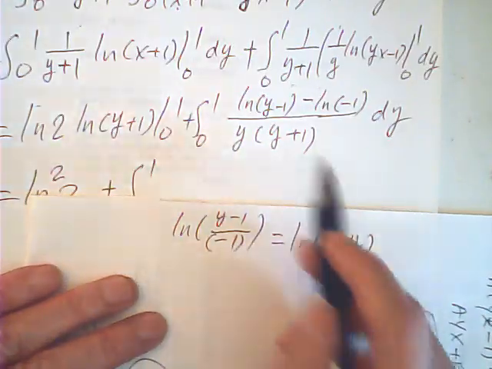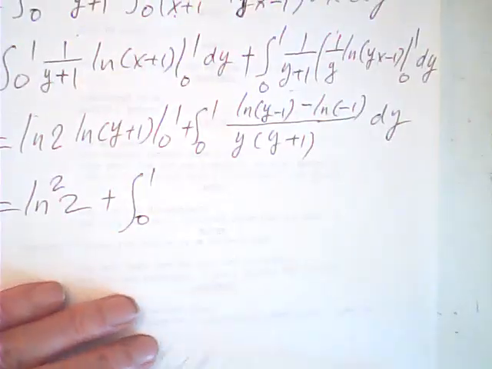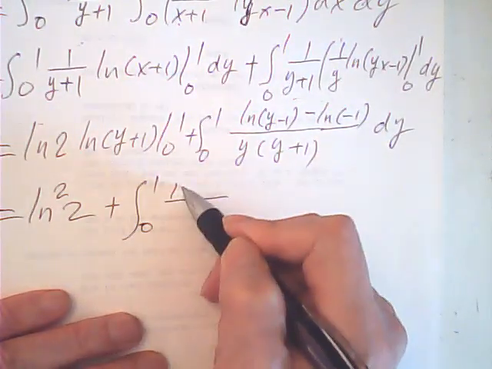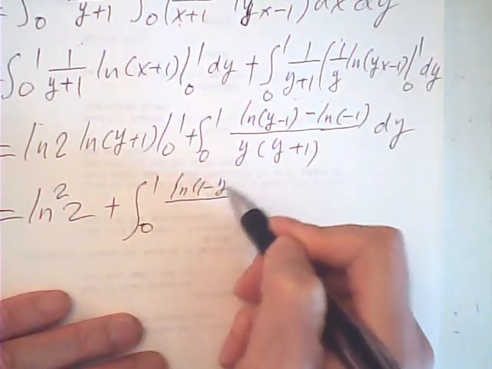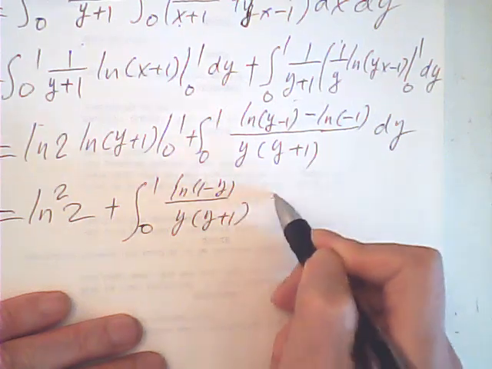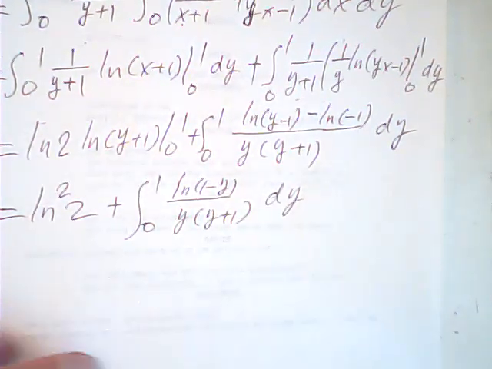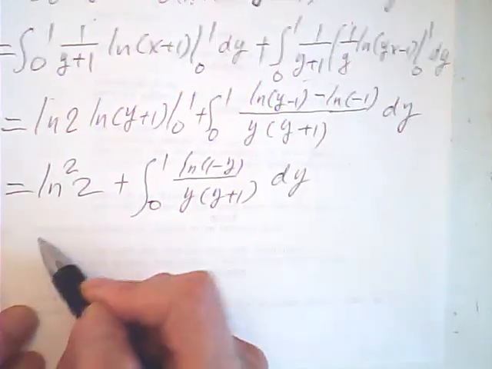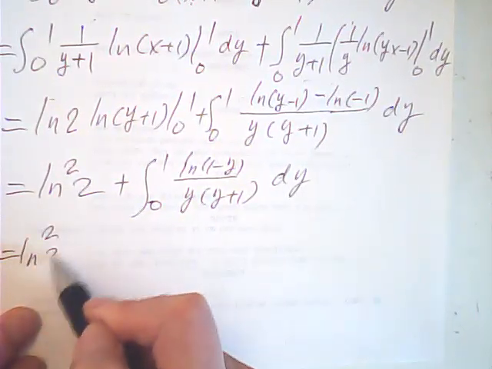So this becomes 1 over y times log of 1 minus y. So this is log squared 2